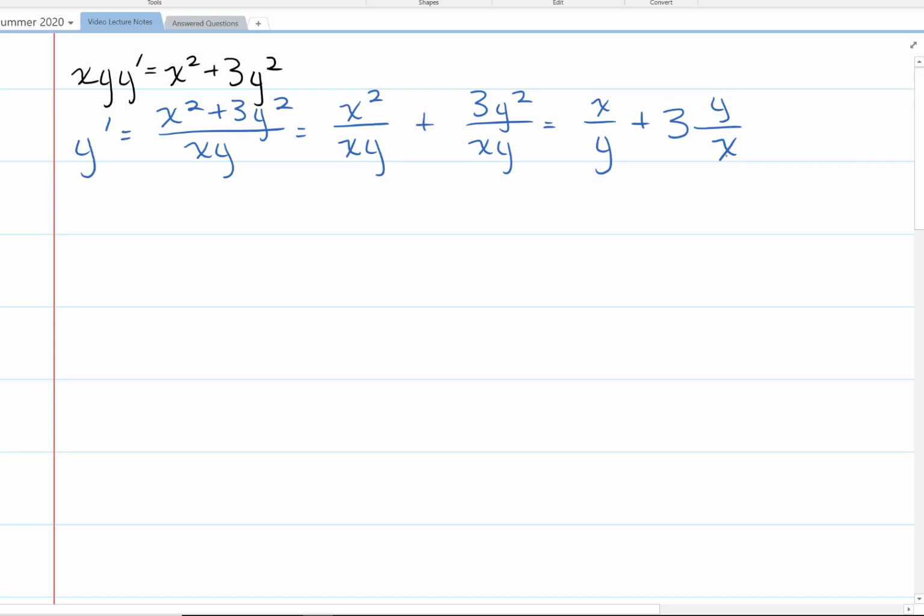So we are ready. We can make a substitution, letting v equal x over y or y over x, either way, and we should be able to solve this using that method. All right, so let's do that. So v equals y over x, right? So we'll just proceed through the process. That means y equals vx. We need dy dx,